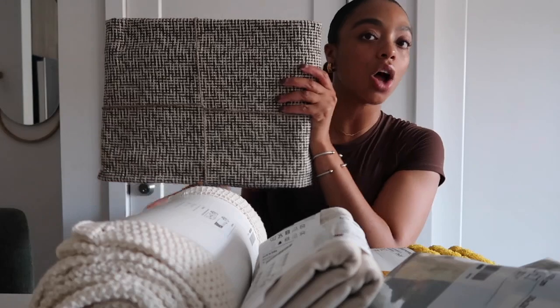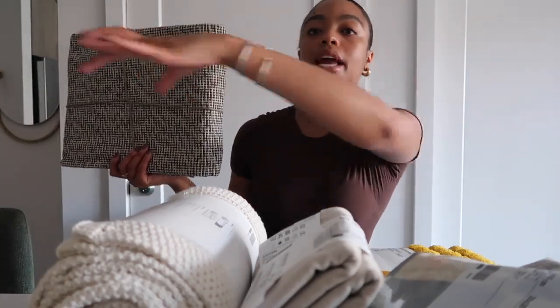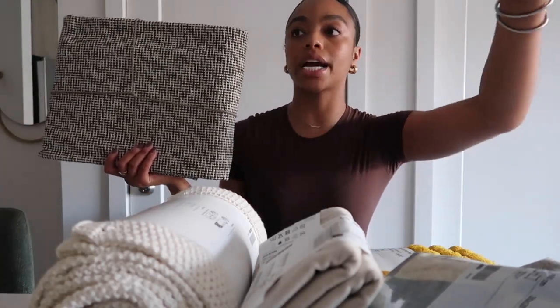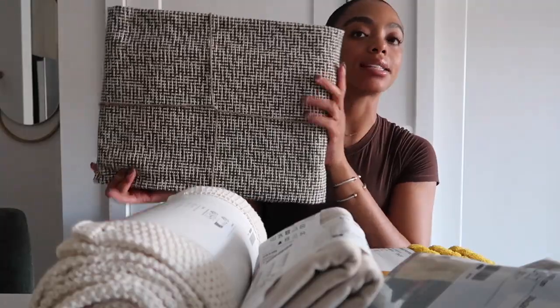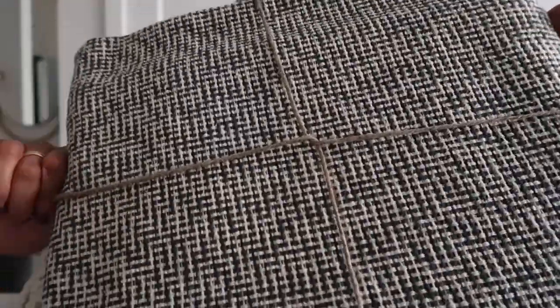Got a kitchen mat. So it's kind of long, so it's gonna be really long. It's gonna go right there beside my sink area, from the sink to the dishwasher to my stove area. So that's where I plan to put this. And it's a different texture, but hopefully you can pick up on what the texture looks like. But I think it's all gonna blend in and go very well together